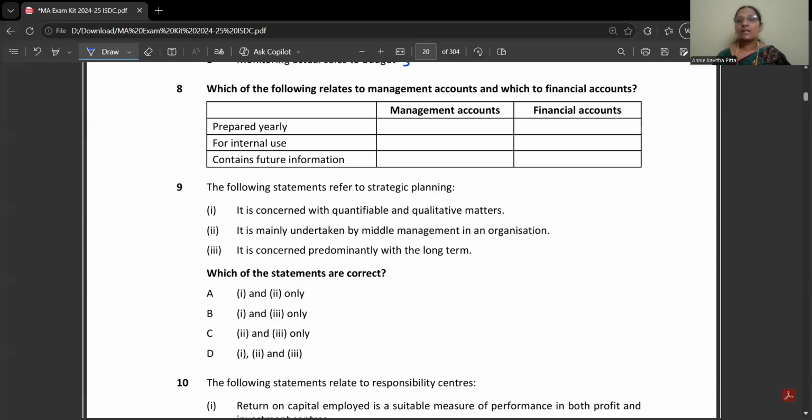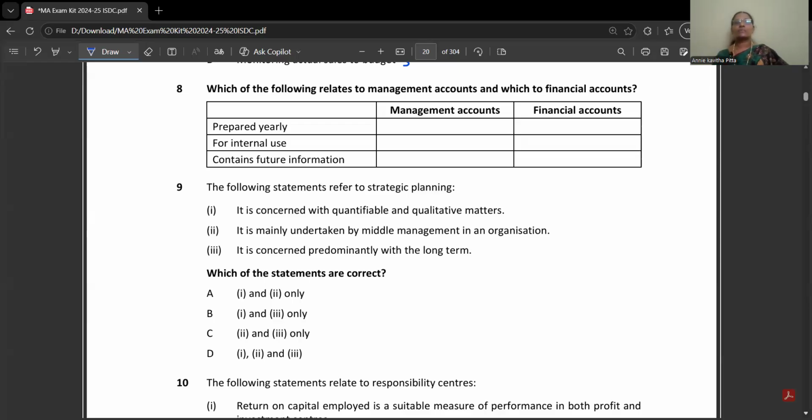Financial accounts, on the other hand, are mandatorily prepared, for external reporting purpose, periodically, that is an accounting period which consists of 12 months or 1 year, that has to be followed. Okay. See, then financial accounts include historical data. Management accounts include both historical as well as the future data. Okay, so in that case,